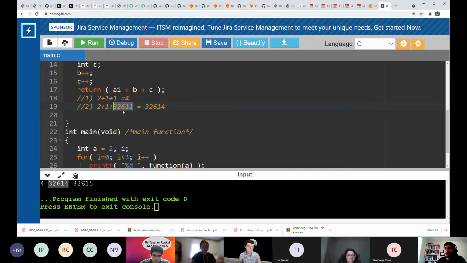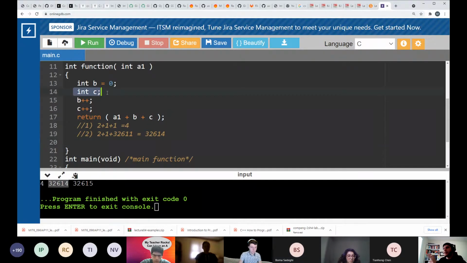What do you think? Why do I have C as this value, right? Just write on the chat, say anything. Did it get that value from a different memory location or something? Yeah, when I define C, it gets allocated in the memory. And then because I didn't initialize it, I didn't override this memory location. So I got what was there, which I guess Ahmed is also saying in the chat, that it's supposed to be random. Yes, it's not completely random because random means something that is not expected. It's really related to a value that was there before, but I don't have exposure to this value. So I don't know what this value is, right?